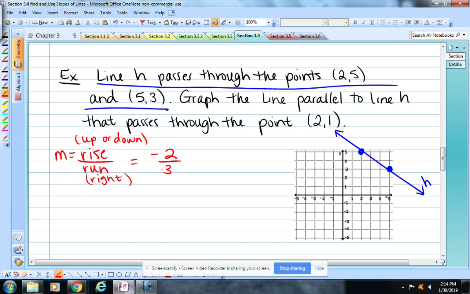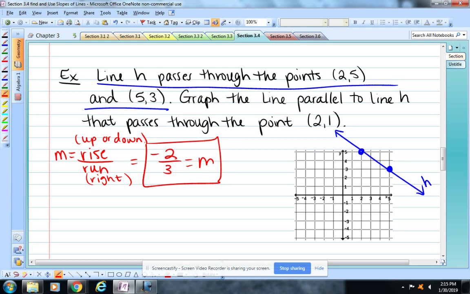Because you go left to right, so you start on the point on the left. You want to get to the other point. You went down 2, to the right 3. So my slope is -2 over 3. Y'all see how I got that? Everybody understand how I got my slope? So if our line is going to be parallel to that line, then our slope will also be -2 over